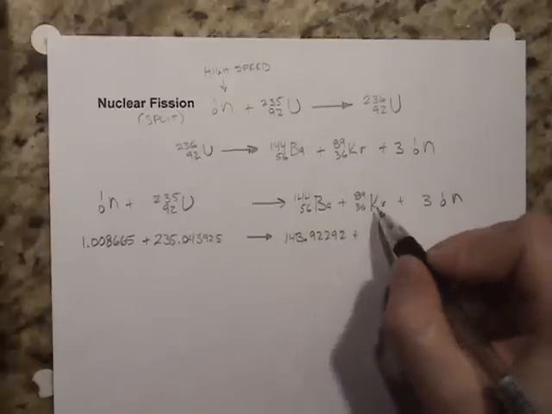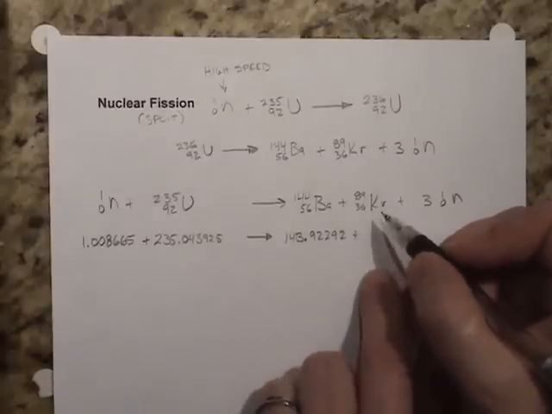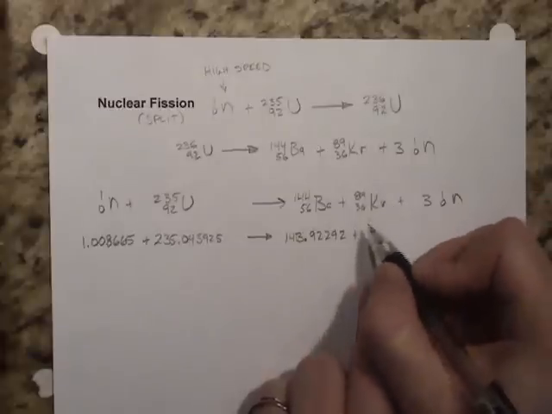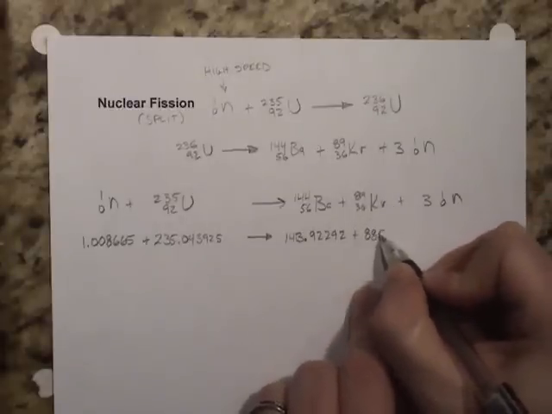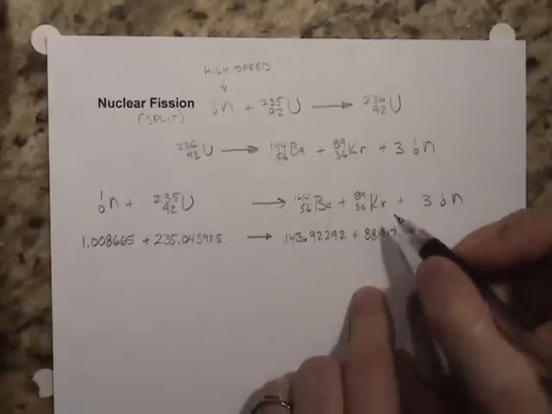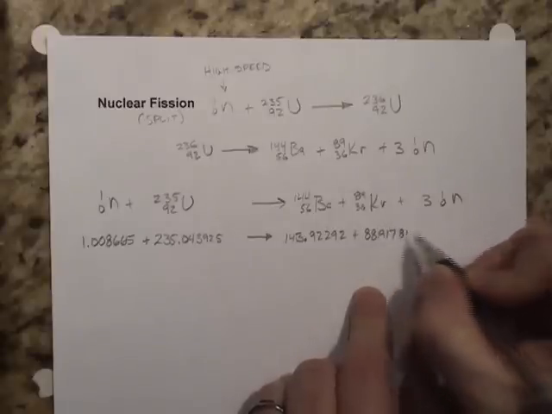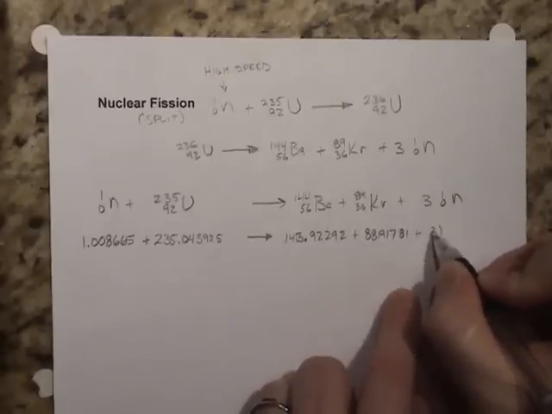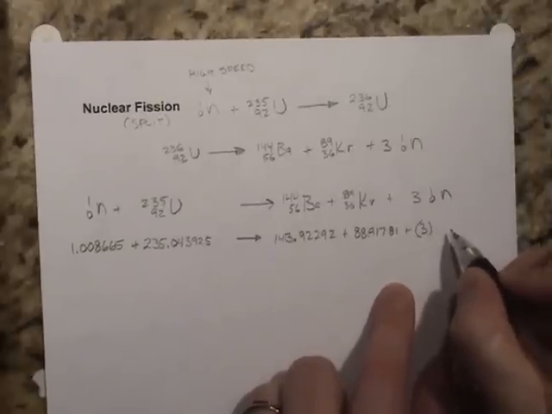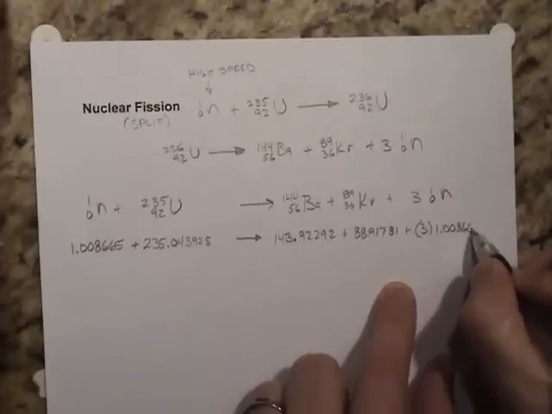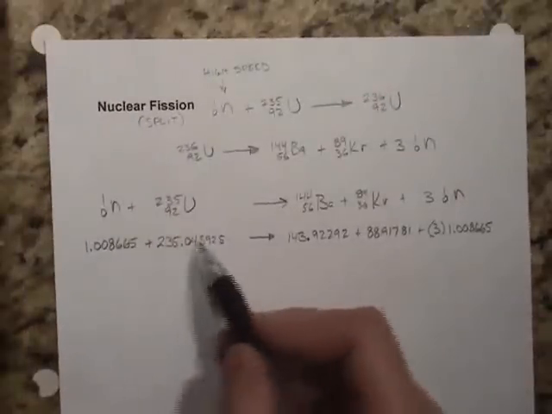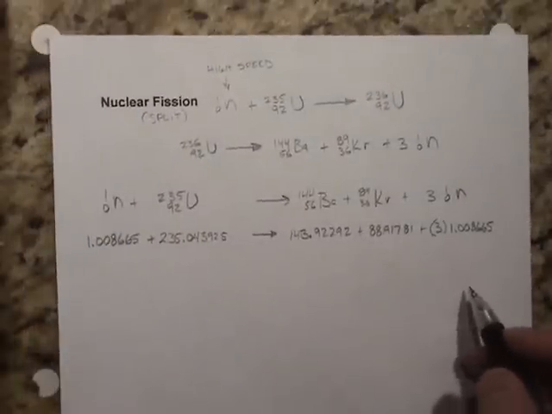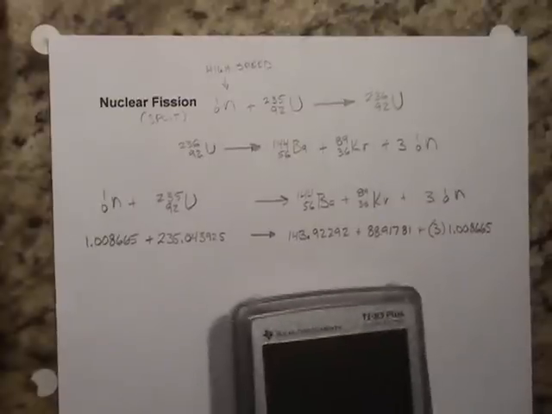143.92292. The atomic mass of krypton is 88.91781, and then we need to add 3, we'll put that in parentheses, 3 neutrons. That's going to be 1.08665. Of course, these are all in terms of atomic mass units. These are all U's, each one of these guys. Okay, so if we add these up,